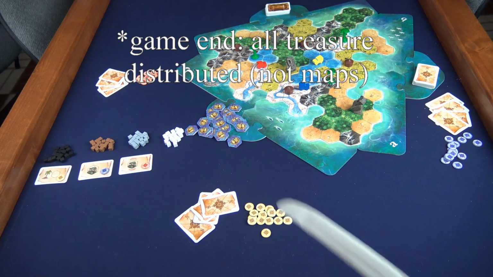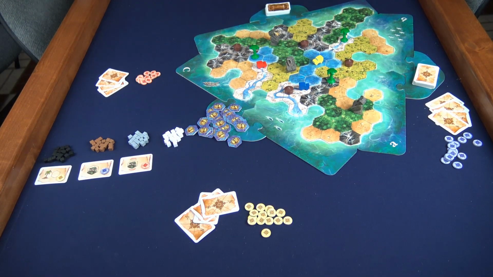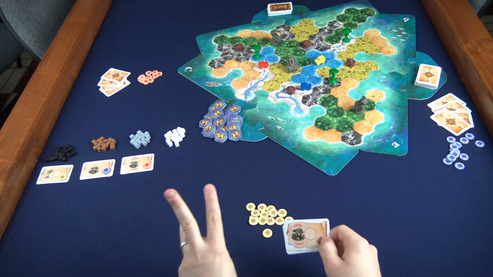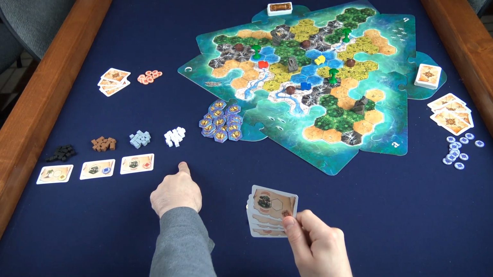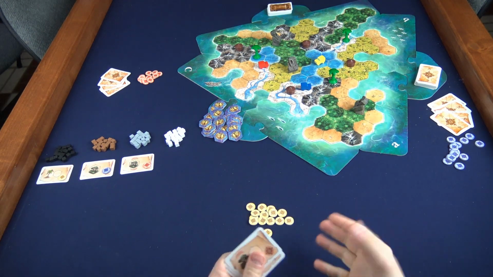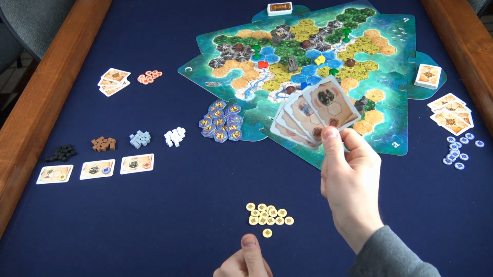Once all treasure maps have been distributed, the game will end and the player with the most gold is crowned the winner. Players will take one action per turn going clockwise around the table. There are only 3 possible actions. Play a clue card to narrow down the location of one of these 4 treasures, or move your ATV around the map, or